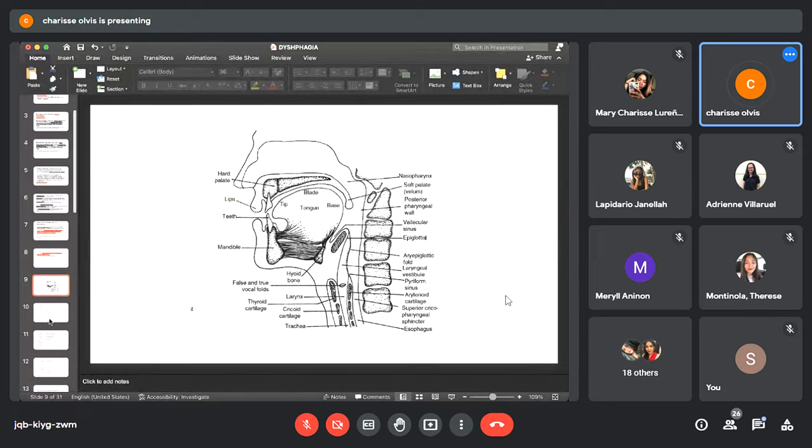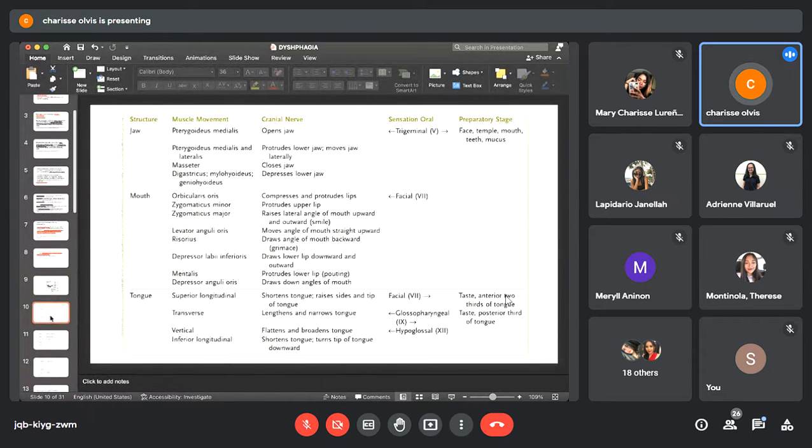So we already know your hard palate, your lips, your mandible, so the bones, and then the muscles. Review that, and then here, we also know this. Diba? Can you still remember this in your kines or anatomy,